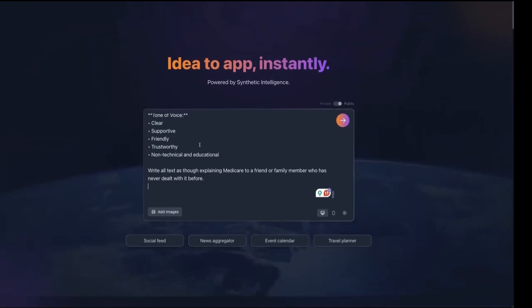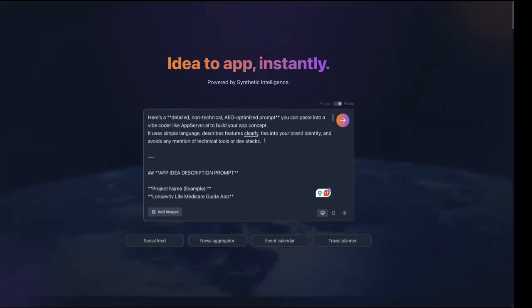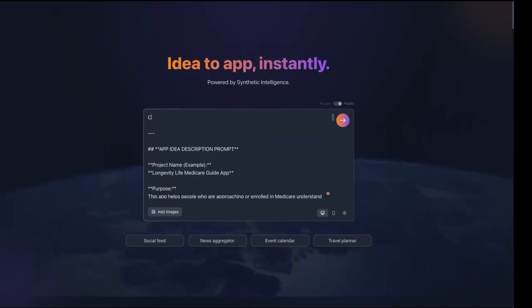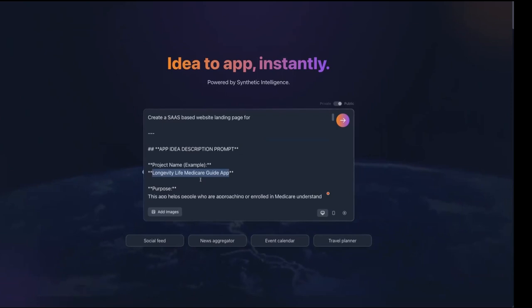All right, so if I go back up to the top here, I'm going to take out this header so we don't need it. Tell it to create a SaaS-based website landing page for, and by the way, we never did give it a name, did we? Project name, Longevity Life Medical Guide App. Wow, that's a mouthful. I obviously would recommend you take this